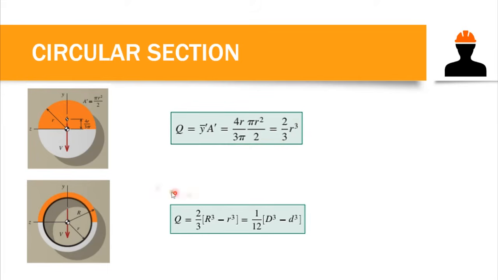Now for a tube, we have a hollow. We just need to subtract the moment area of the smaller circle, or the hollow, from the bigger circle. Then we have 1/12 times the outside diameter cubed minus the inside diameter cubed, or we could say that is 2/3 R cubed, where R here is the radius from the center to the outside surface, minus r cubed, that is from the center to the inside surface. So you can just memorize this formula here, or